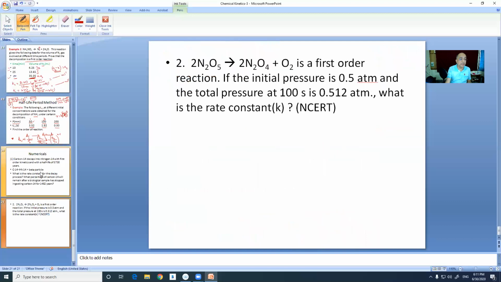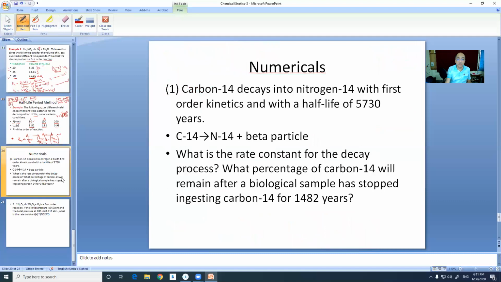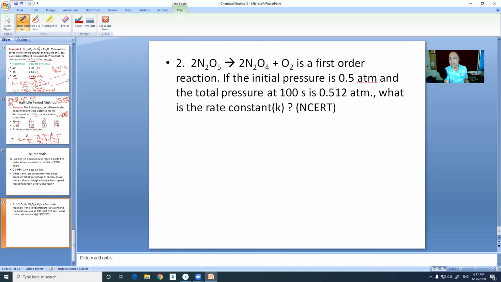So with this, I have given you numericals here. We will be discussing in the next class the two numericals I have given, and one is from the carbon 14 decay to determine the age of an old wooden sample, say an old wooden bowl which has been found out from excavation. Say it has got carbon 14. We'll be talking about that. And another problem from the NCERT book. You try, and if you fail, then we will do it in our next program.